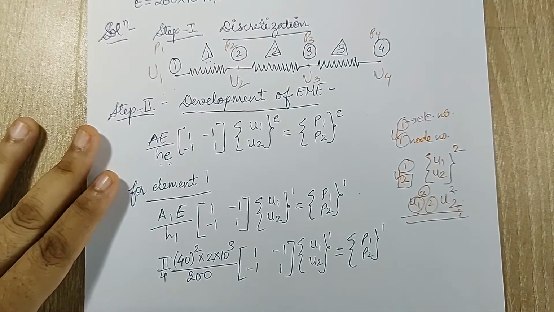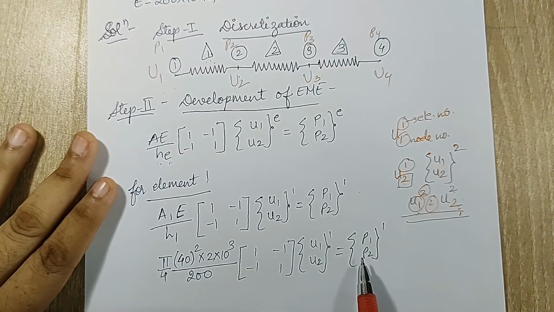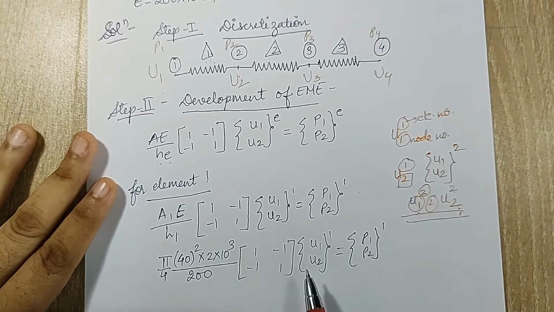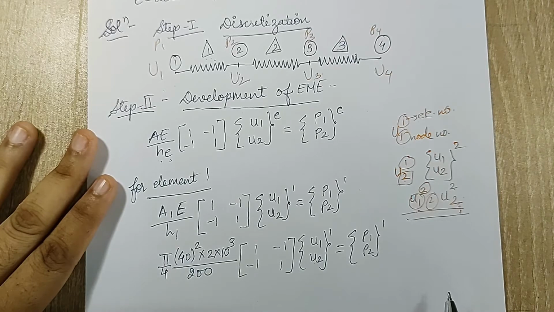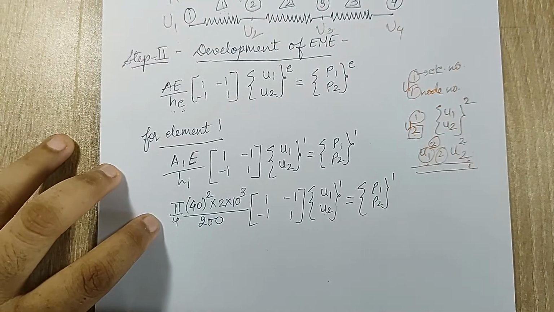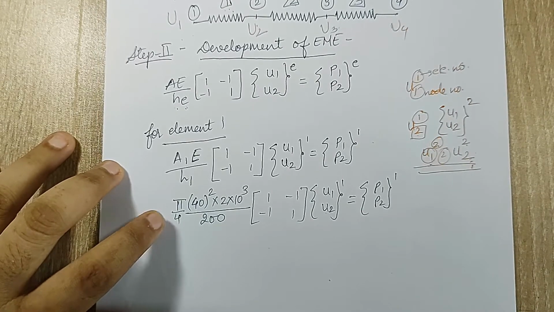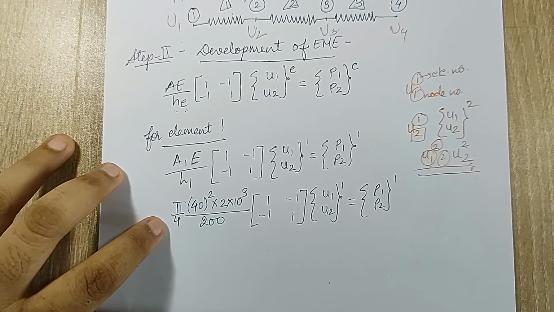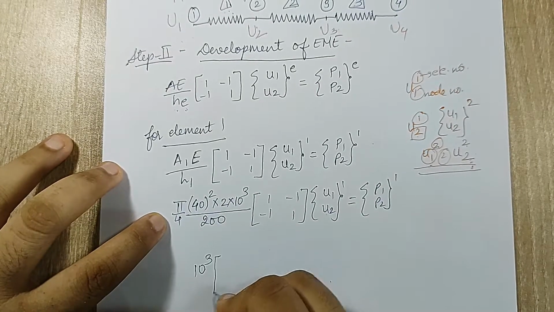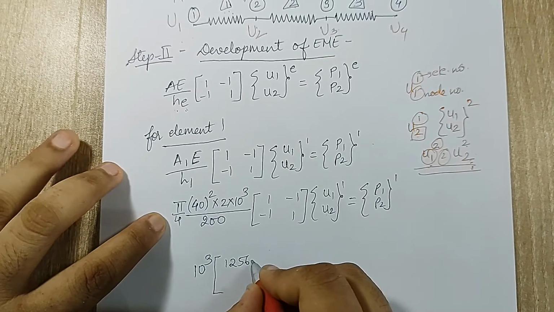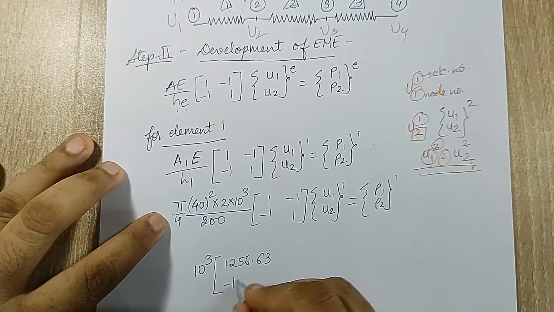Now I have spoken about displacement. The same meaning is applicable for the load as well. But here we still use capital alphabets, and at the end also you will observe I am using capital alphabets only. But for displacement, initially we use small alphabets, and at the end I am going to use capital alphabets for indicating the proper displacements. Now when I calculate this, I am going to get the answer as 1256.63 into 10 raised to 3. Now I am taking out 10 raised to 3 common. So what remains in the bracket is 1256.63. I am multiplying with each one of them.